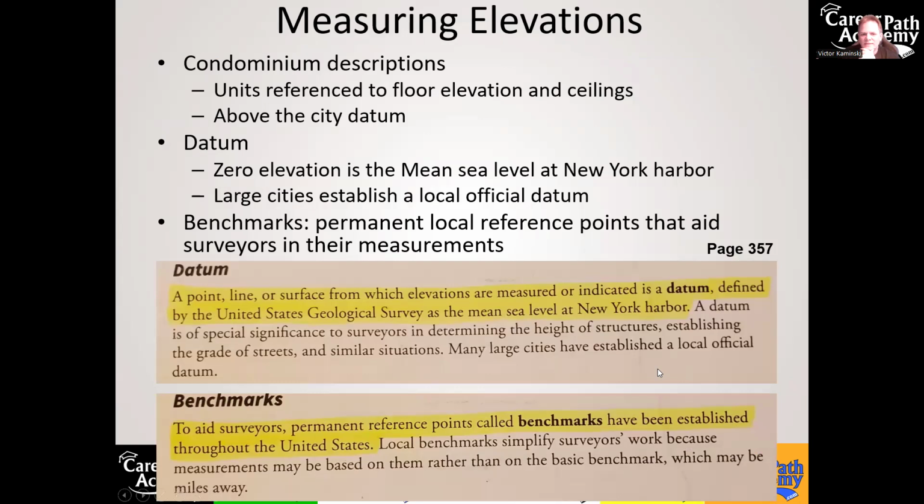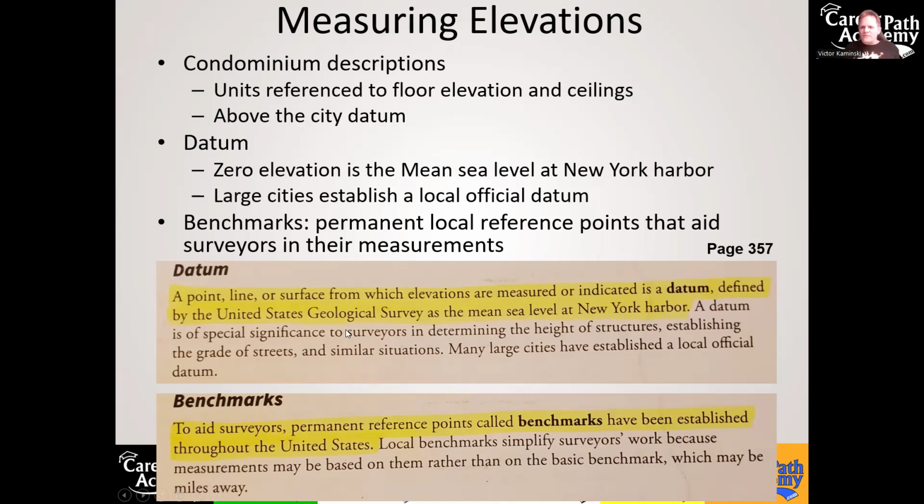So datum is a point, line, or surface from which elevations are measured or indicated. That's the measurement of elevation. And the zero elevation is at the mean sea level at New York Harbor. Now, at some point in time, a surveyor did do the measurement in New York Harbor all the way out to the location of wherever your property is in New Jersey. And